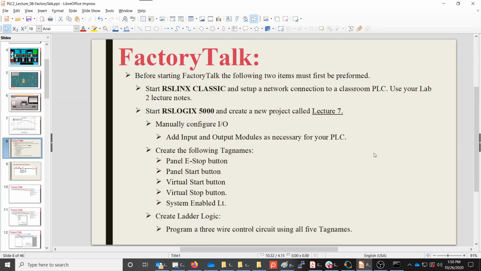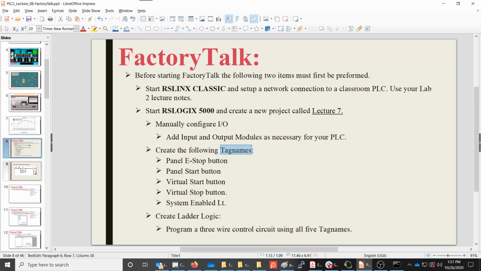All right. So how do we use Factory Talk? Well, we would start by starting up our RSLinx and setting up our communications to the PLC, and then we would create our program. So we need to create our PLC program and then download that to the PLC. So we create our tags, all the tags that we had in our program. Then we can choose to select one or multiple or all the tags and tie them into the HMI as